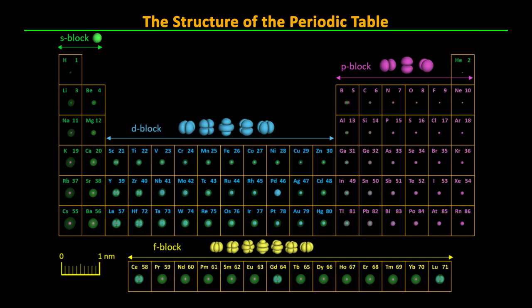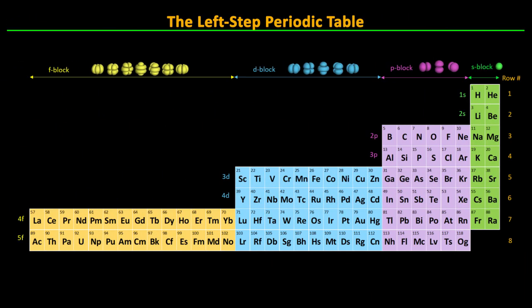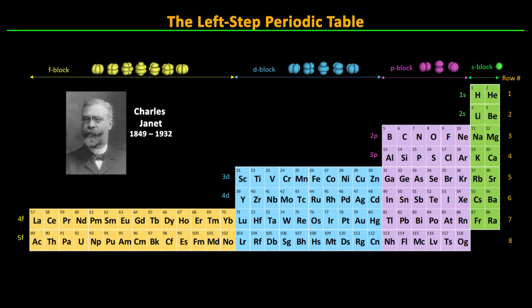Of course, in this plot I have been following the standard layout of the periodic tables which you'll see in chemistry books, a format which is directly descended from Mendeleev's original table before the nature of electron shells was really understood. The last thing I want to show you today is a much neater way to lay out the periodic table, one that's much more intuitive for understanding the underlying orbital quantum mechanics. This table was first proposed by French engineer Charles Janet in 1930 when he was 81 years old, and is known as the left-step periodic table.